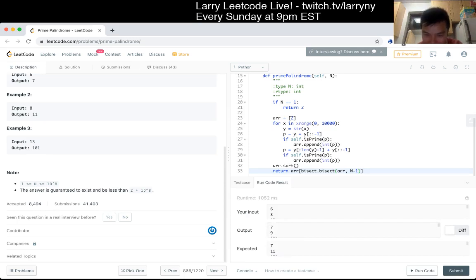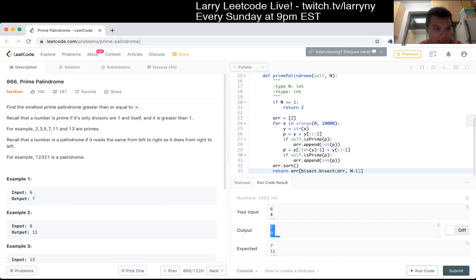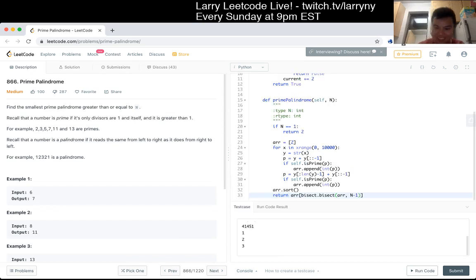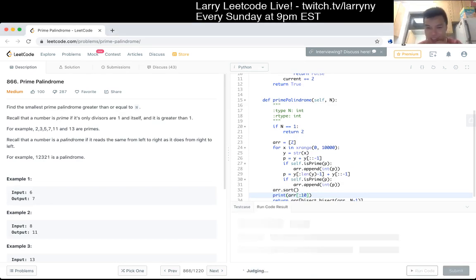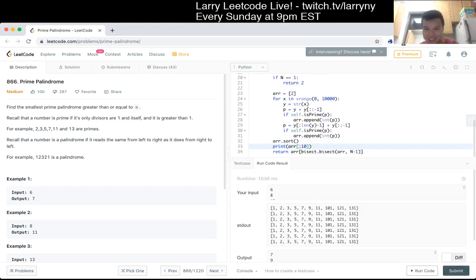I have a wrong number though. For 8, I return 9. Why is 11 expected then? Well, 9 is not a prime number, so of course it's... But why am I... Okay, one second. What is that? There must be a typo somewhere, but I think time-wise we're doing okay in terms of running time. Oh man, it took a second, but maybe we could cache it somewhere. I don't know if there's a, but